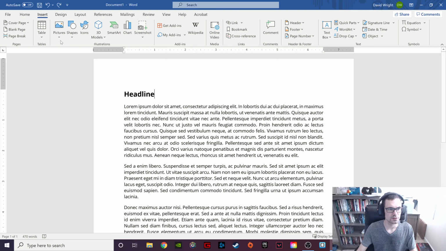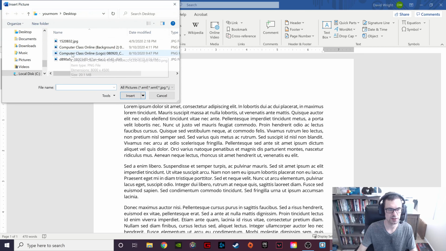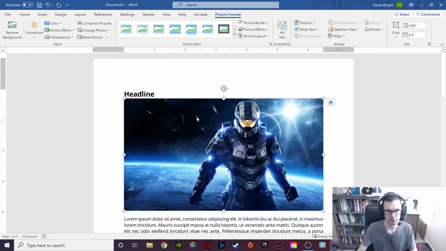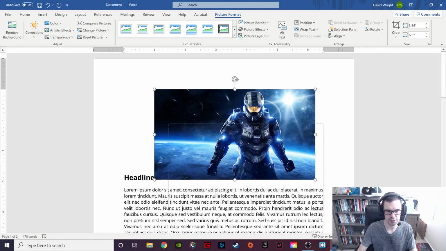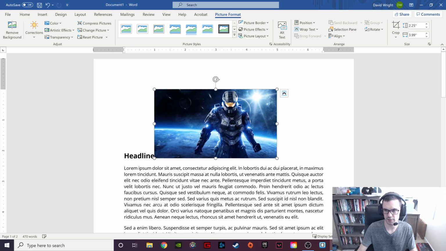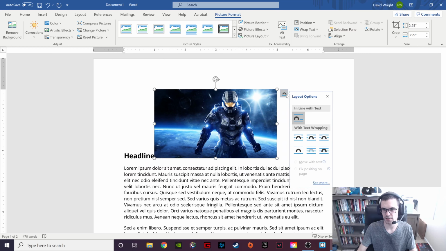All right, so go to the Pictures tab, and there's a couple ways to insert pictures. Number one is from this device. So I'm going to click and insert an image here. And there we go. I'm going to resize it by clicking on the fill handles here. You'll notice it's kind of static. It doesn't move. So what you got to do is click the layout options, and you can do tight so